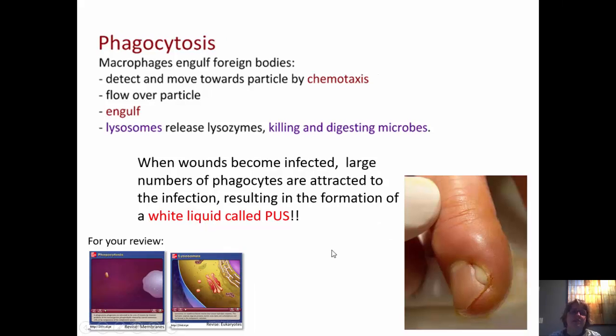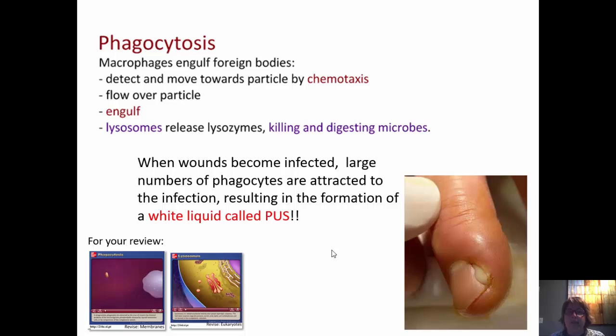All right, so let's talk about this phagocytosis. Phagocytosis and phagocytes are also called macrophages, lots of different names in this unit. Macrophages engulf the foreign bodies like we just saw. They detect and move towards particles by chemotaxis, or chemical movement. They flow over the particle, they engulf it, and then once the particle or the bacterium is inside of the macrophage or phagocytic leukocyte, it's going to have its lysosomes released inside of it, and those lysosomes are going to release lysozymes, which are enzymes that will kill and digest those